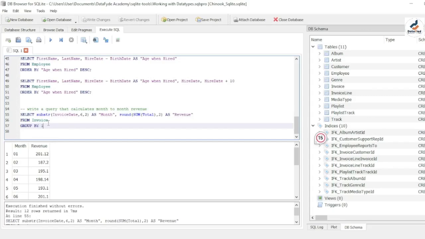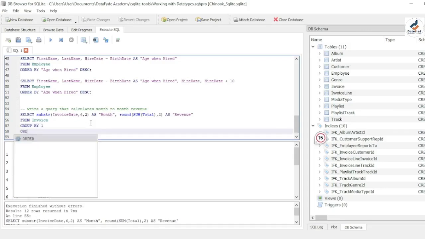That's why grouping by is very, very important. So far you have an aggregated function, you always group by the column before the aggregated function. It's very, very important, right? So I also want to sort, order by. Instead of ordering by month, I want to order by my revenue, which is my second column. So order by 2 in a descending order, so we'll have the highest revenue at the top. Then if I run this again,